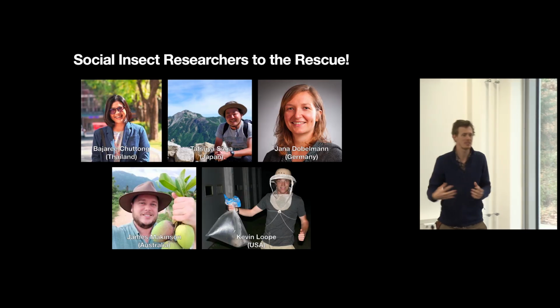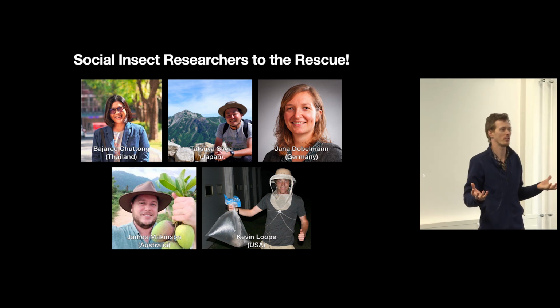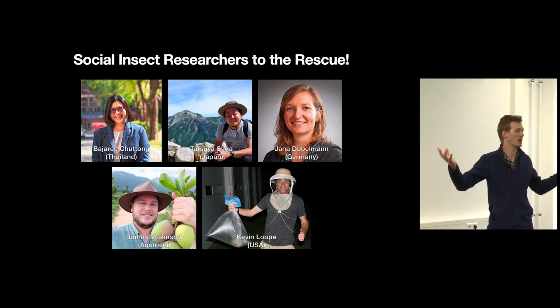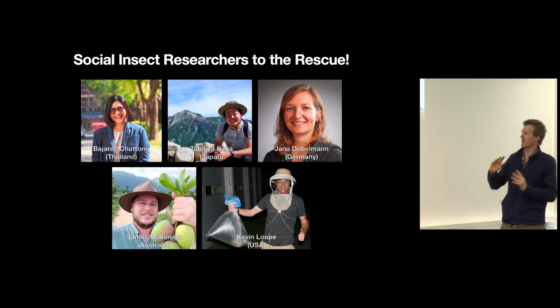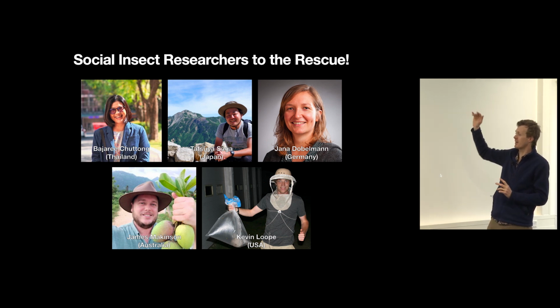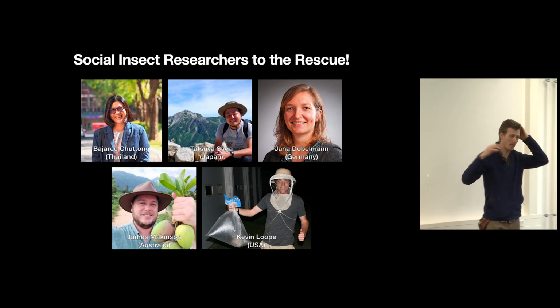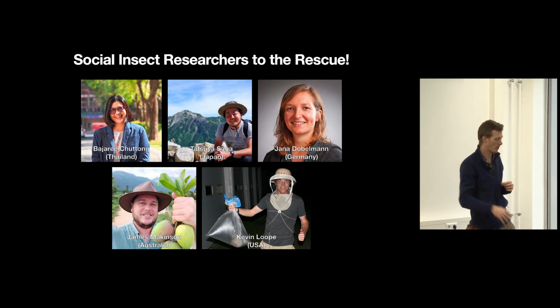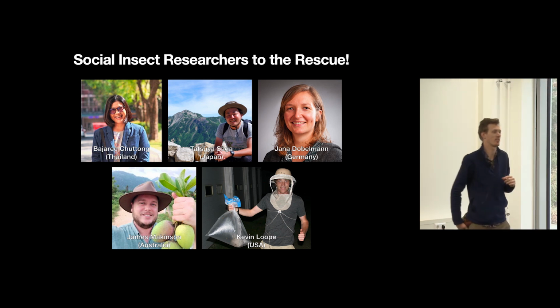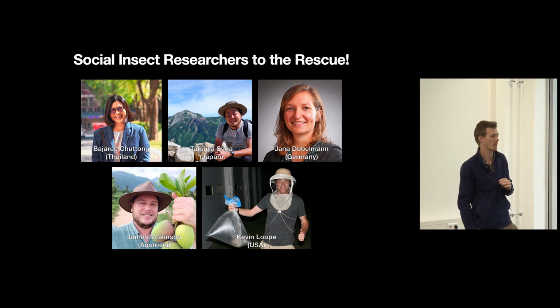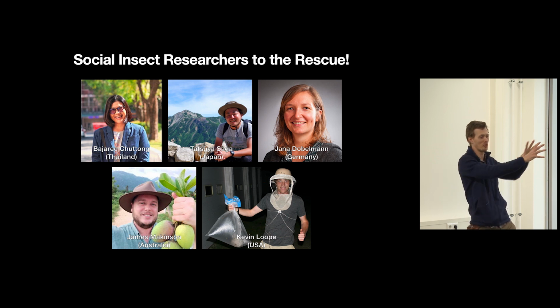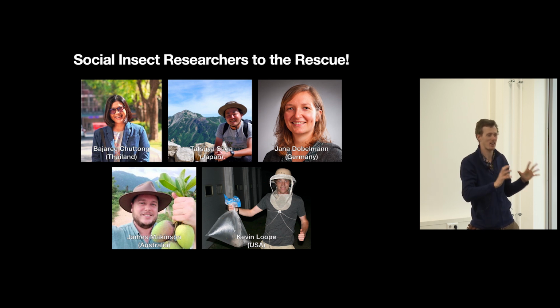But what was useful about this is social insect researchers are also very social, and you could call out to a lot of different people, and through their networks as well, get a lot of images. So I have to give a shout out to Bajiri and Tatsuya, Yana, James, and Kevin, who through them and their networks and many other people, we were able to amass a very large data set of images. The fortunate thing is that we got a lot of images. The unfortunate thing is that none of them were as good as the honeybee images that we got in the lab. They were like these beautiful, side-lit, easy to annotate things. They were like messy trash.